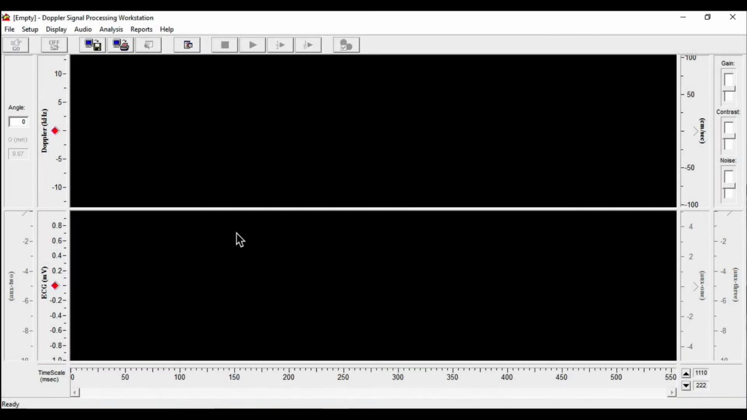Hi, this is a quick run through showing the sequence of events, clicks, etc. required to look at pulse wave velocity using the Doppler Signal Processing Workstation, or DSPW. So I've got it loaded in front of me on this Windows machine, and the first thing I'll do is